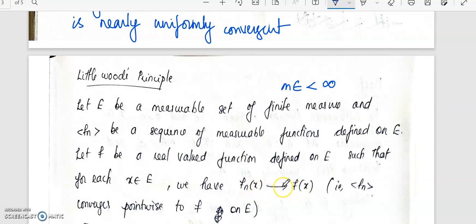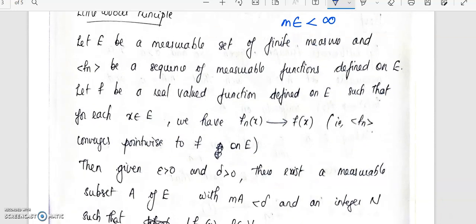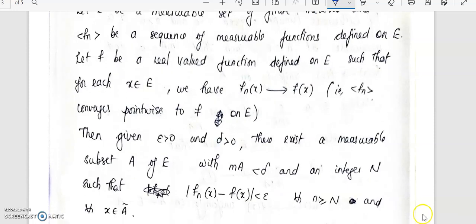That is, f_n converges pointwise to f on the set E. Now, for given epsilon greater than 0 and delta greater than 0,